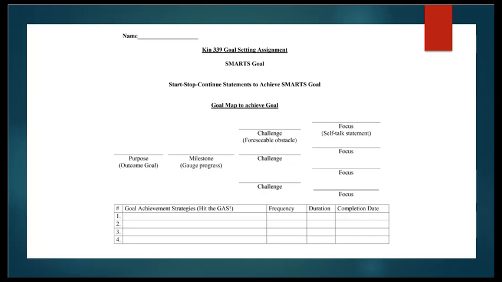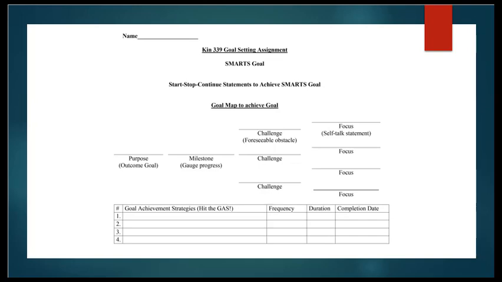You're going to define your purpose. You're going to identify your first milestone. Now, this milestone will change as you begin to get further along your journey, but you're going to identify your first milestone. Then you'll identify several challenges that you know you're going to encounter. And of course, there will be those that you don't know you're going to encounter, but at least looking down the line, identify some of the challenges you're going to encounter so you can have a plan on how you are going to either avoid those challenges or get through those challenges.